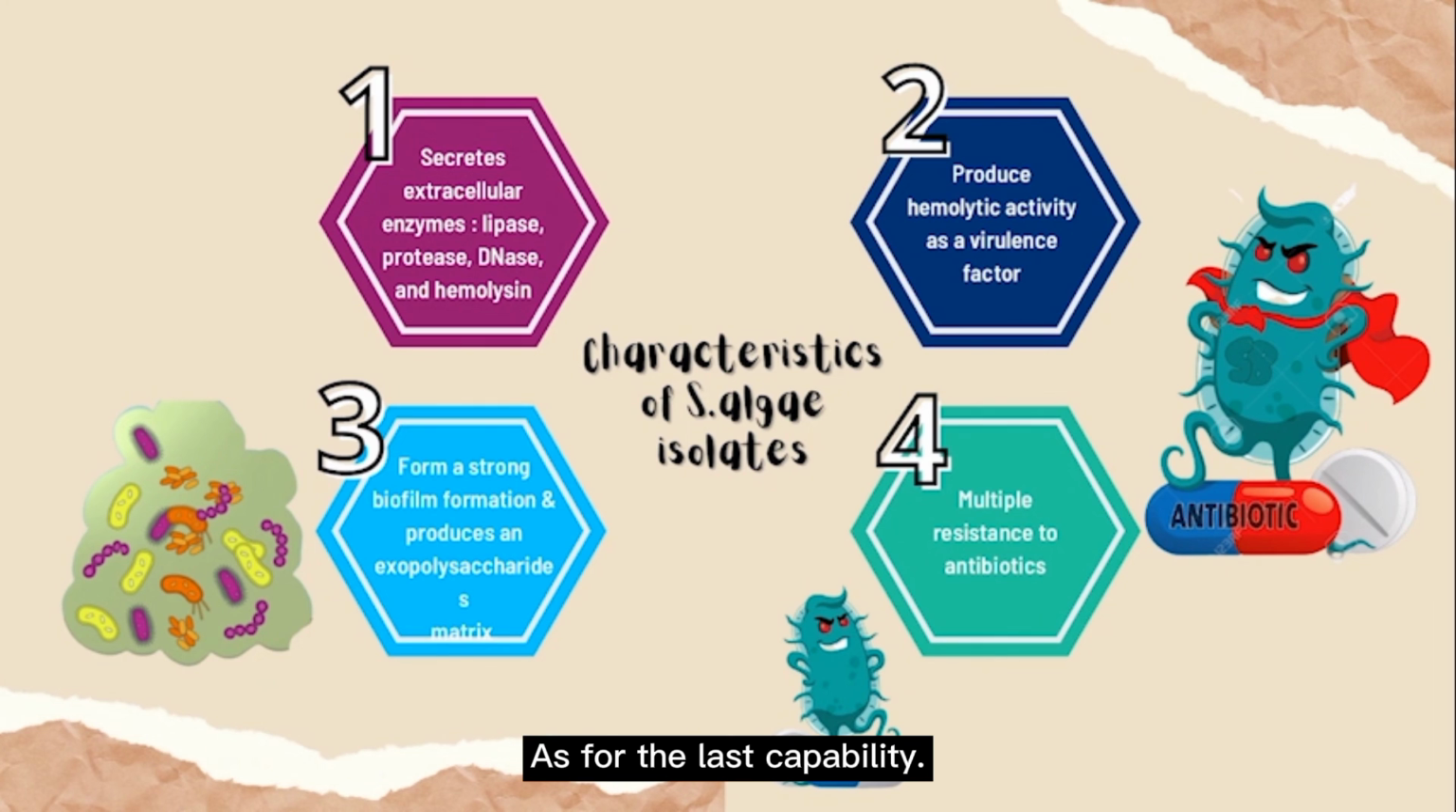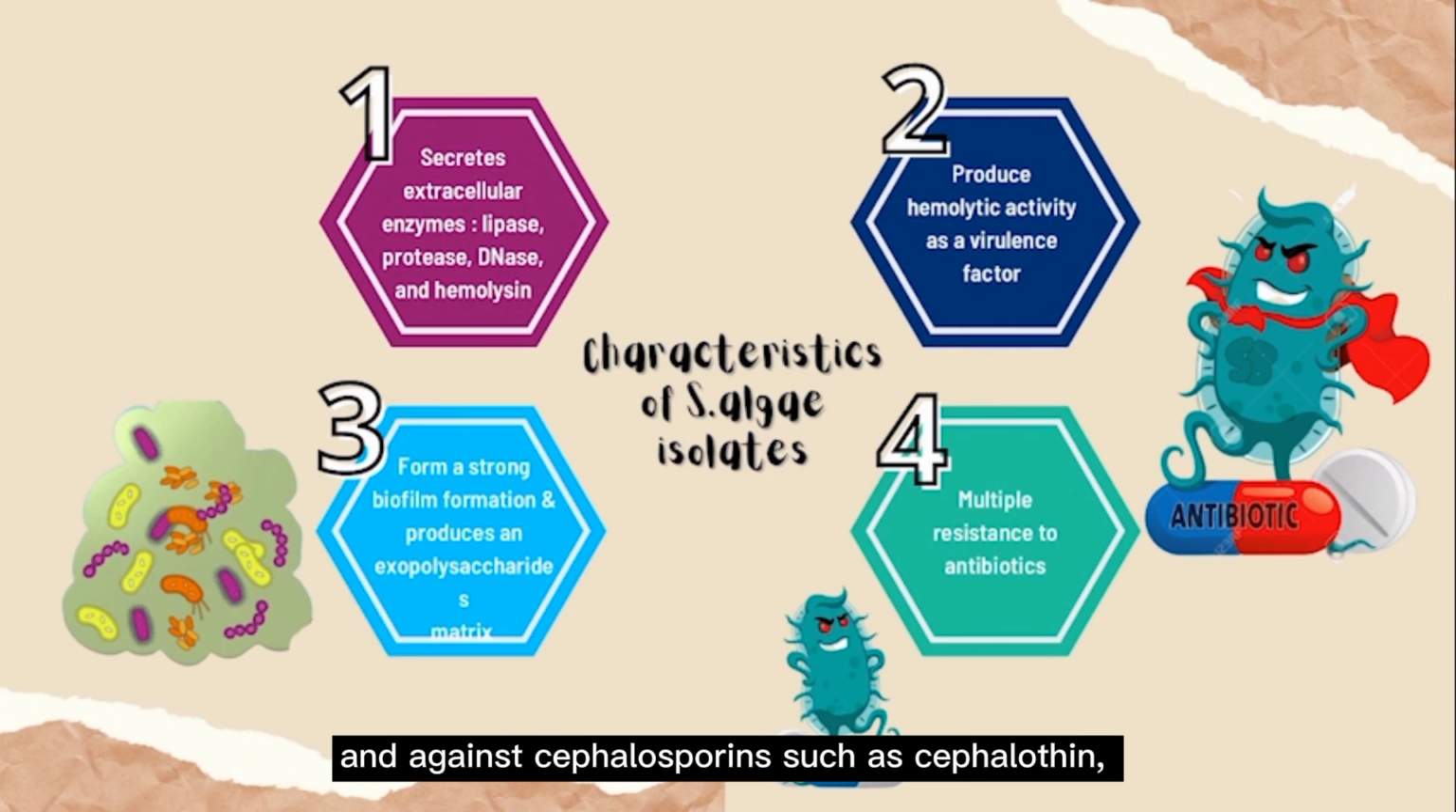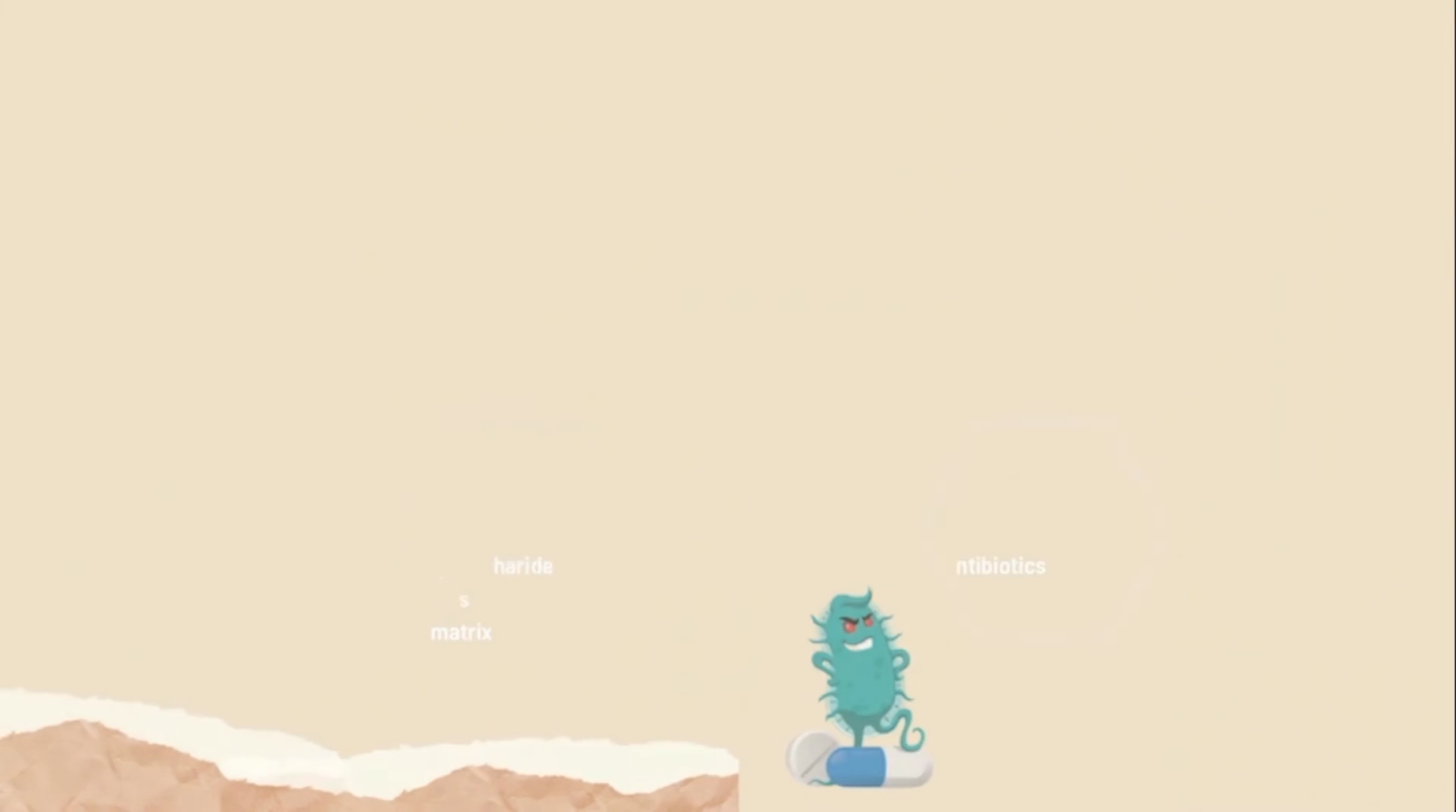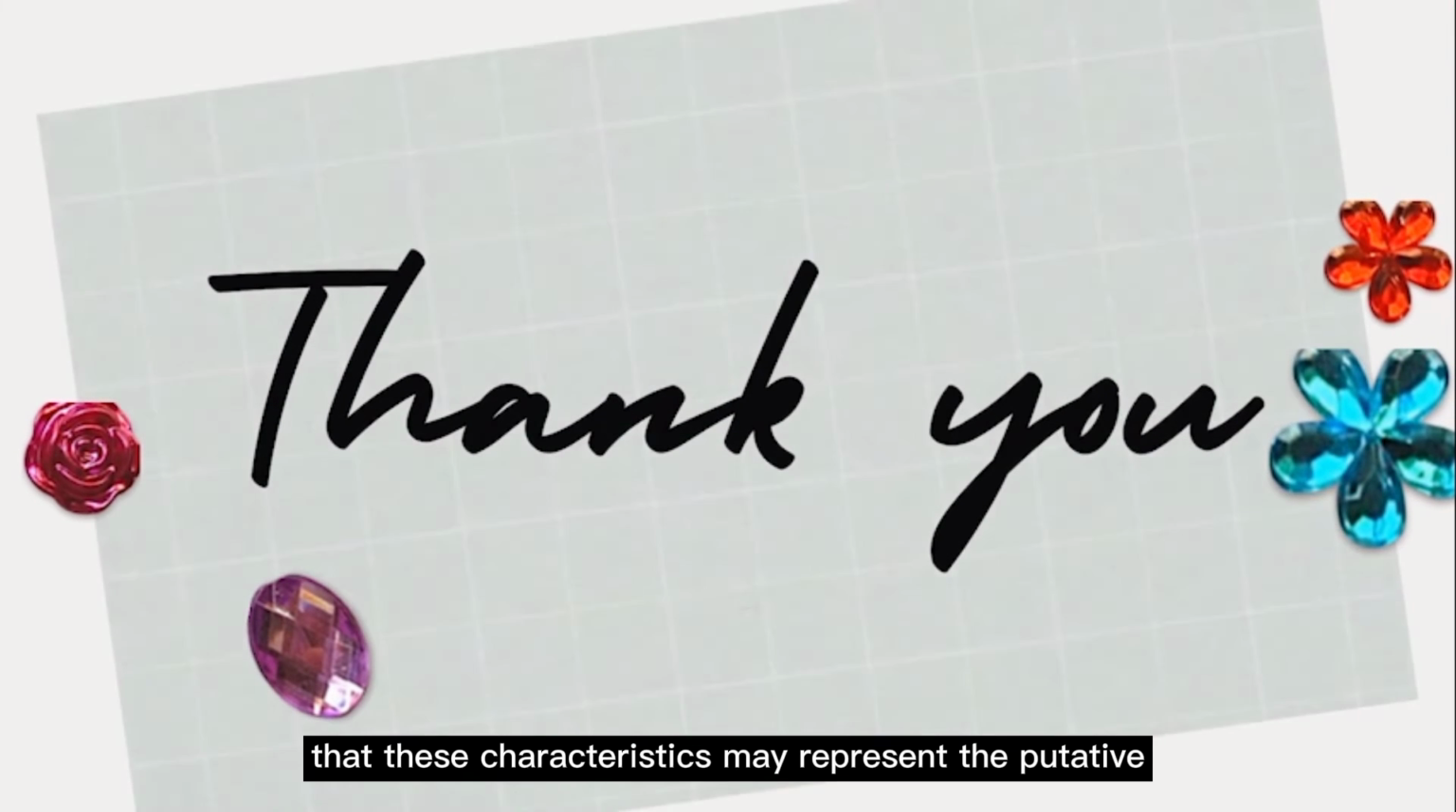As for the last capability, Shewanella algae is resistant to antibiotics, which encourages host pathogenesis, allowing persistent or chronic diseases. The most common antibiotic resistance is against beta-lactams such as amoxicillin, ampicillin, and penicillin, and against cephalosporins such as cephalothin, cefazolin, cefotaxime, and colistin. I would like to conclude that these characteristics may